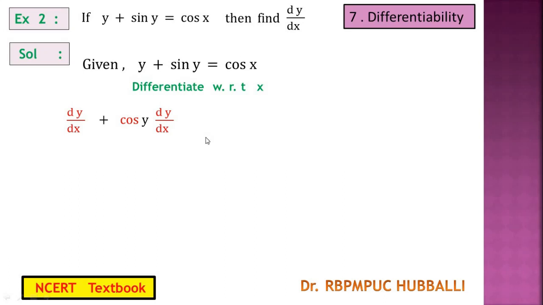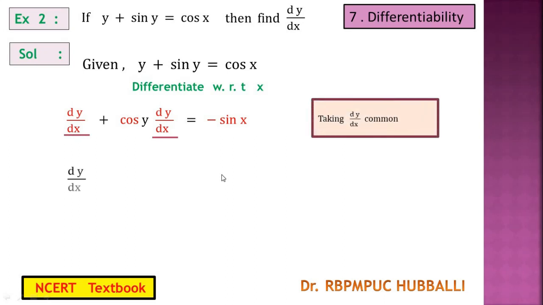That is dy by dx is equal to, this is an x variable function. You know what is the derivative of cos x? Minus sin x. Only that much, because it is an x variable and we are differentiating with that only. So therefore it is minus sin x. Now here you can see that we have 2 dy by dx terms. Take the common and find the dy by dx function. If we take common, it becomes 1, because it is not multiplied by any term, so 1 is left, plus cos y from the second term, then equal to the right side as it is.